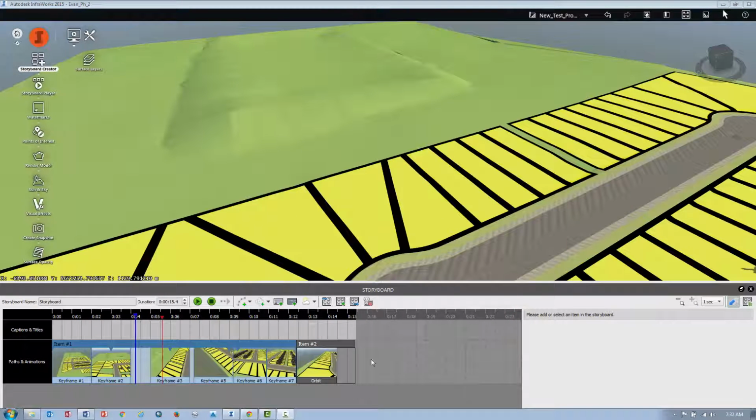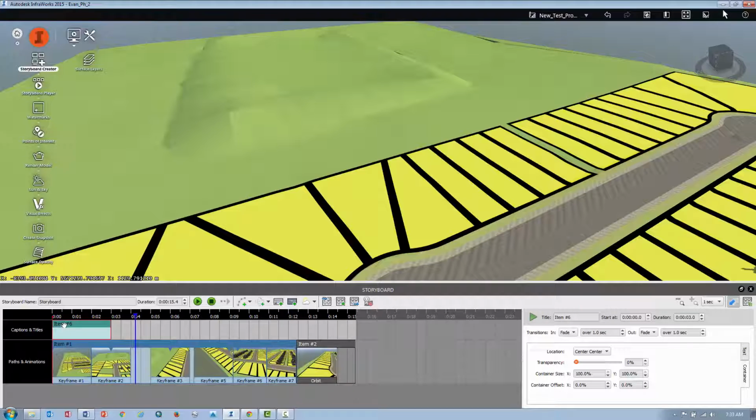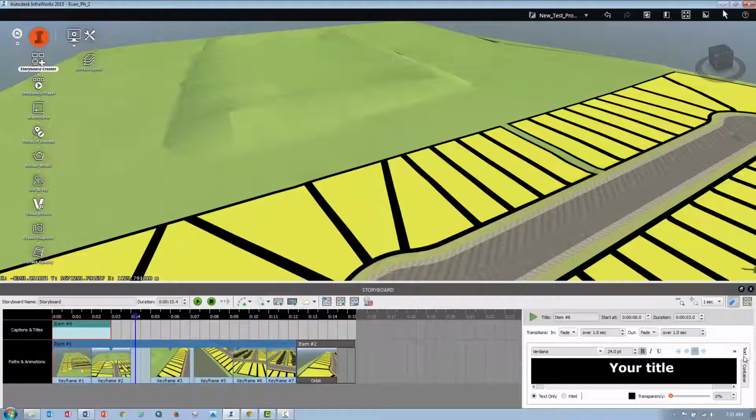Also note that if you want to add a title or some captioning text into your video, you can as well. Move your red marker to where you want to insert the caption, and you've got a couple of buttons up here. You can add a caption, which is regular text, or if you want to add in a title, you can go add new title. Click that button, it'll pop it in over on the timeline in the captions section, and you've got two tabs here. You can type in your text for your caption or title text, set your font and